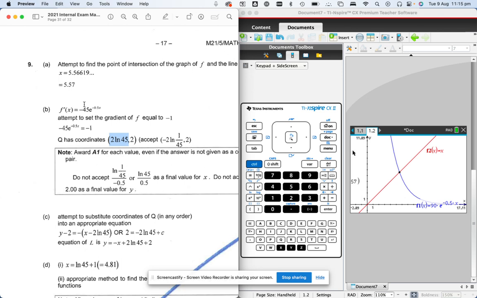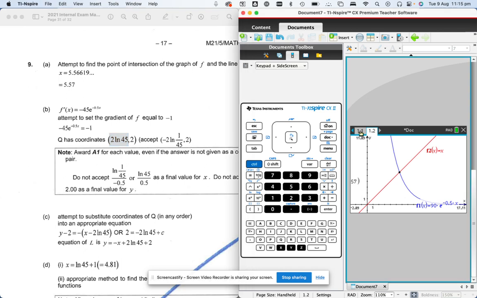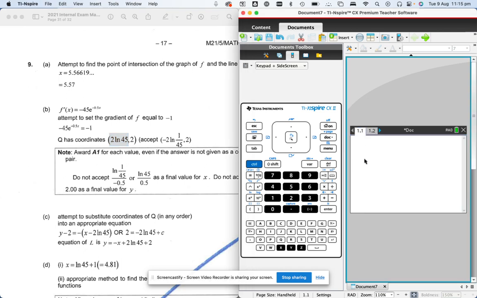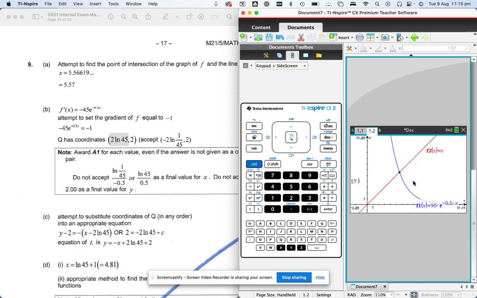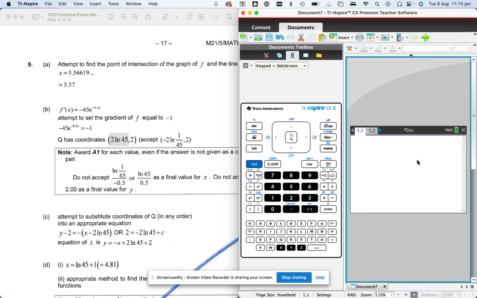Then if you need to work out the Q coordinate, which you do, you can substitute that in. So I guess you can use your calculator to see how you go with that maybe. So you can go back to the original equation, not this one. That's the derivative. So back to the original equation, and you can go, well, I've actually already got it in here, haven't I? So I've got f1 of x already in here. So all I have to do is I just have to go to my page 1 and go